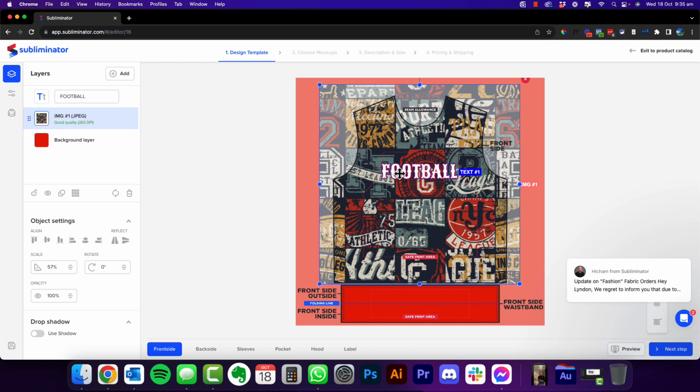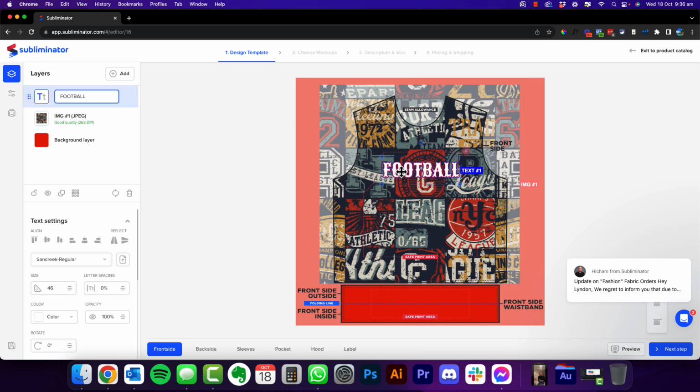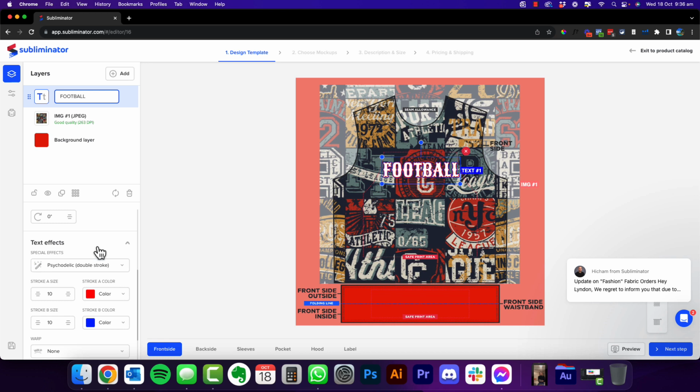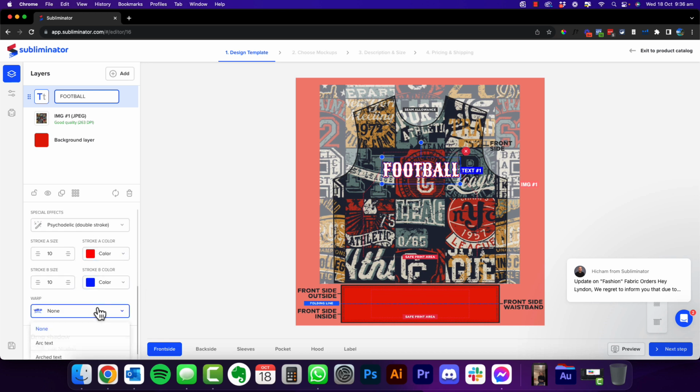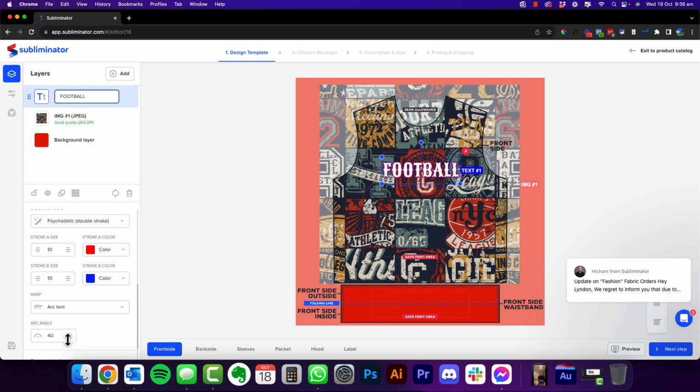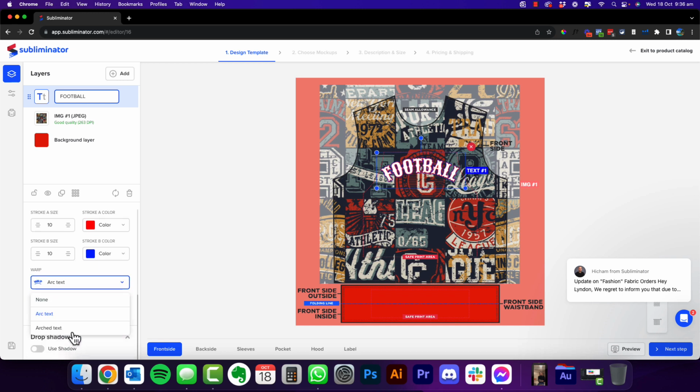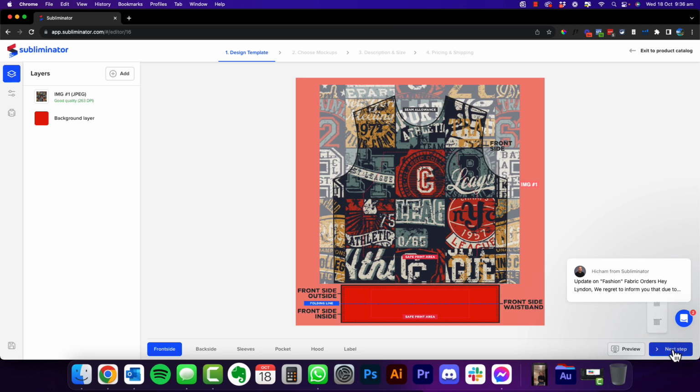Like I said, you can upload your own font, which a lot of you will probably do. There's also other things you can do, like a warp, so you can curve that. All right, and then you can change the angle of the arc, so you can see that. All right, so there's plenty there. Really nice little feature if your design lends itself to having text. This one, like I said, doesn't really, so I'm just going to delete that, and we're going to hit next